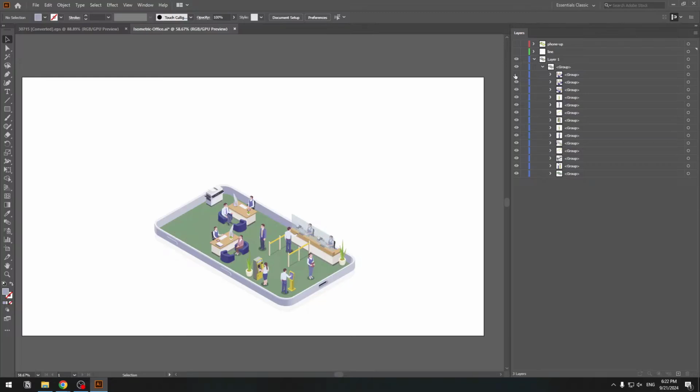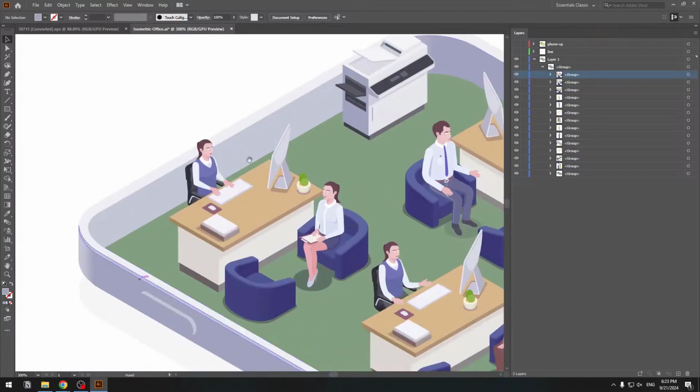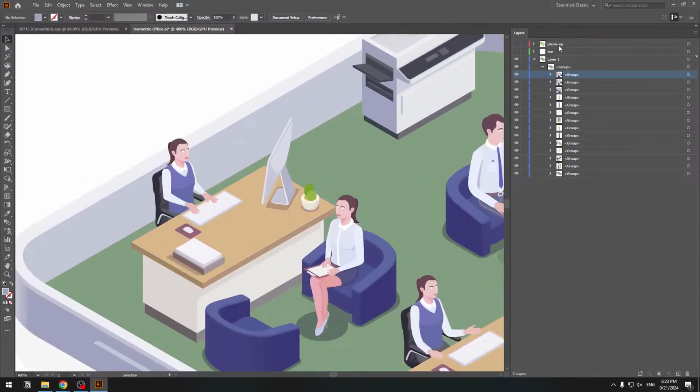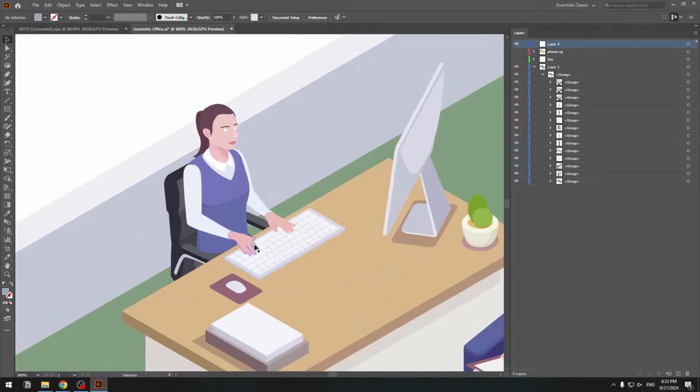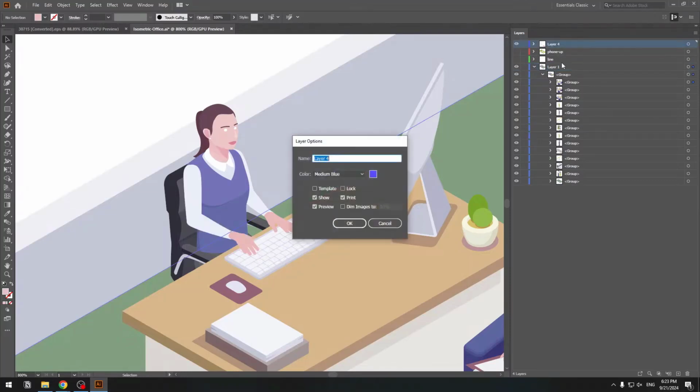Okay, so let's first select this group and let's zoom in here. And let's create one layer. And let's zoom in here. I will select these hand layers, hold Ctrl Shift, select this part and this and this. Ctrl X, go to layer 4, Ctrl V, and let's select this part, delete. Let's see. Okay, and change name hand 1